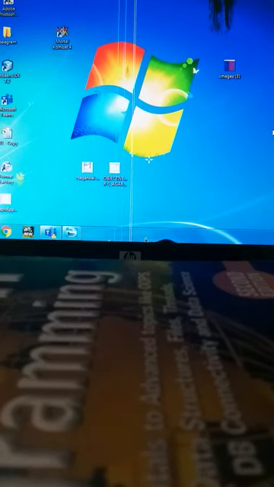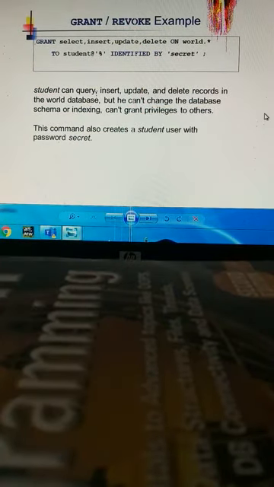I think this concept of grant and revoke might be clear to all of you. Now let us see the syntax of the grant command. Here you can see to what extent we are providing the grant to the specified user.